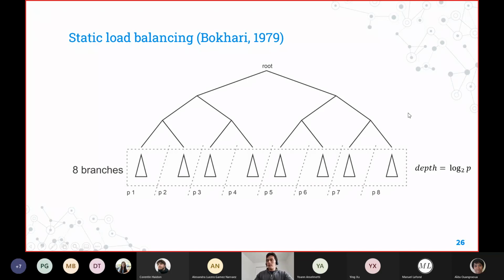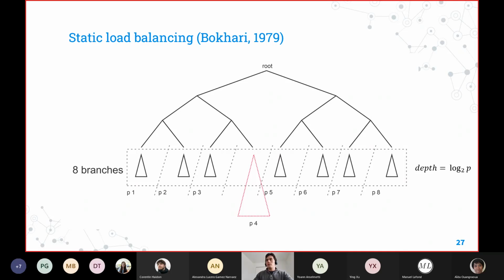But the problem with this is that, as I previously mentioned, most of the time those branches take just a few fractions of a second to solve. And then we end up with just a single processor working on one of the heaviest branches. And the other processors, after returning, don't do anything else. They just go to the bench and stay there.